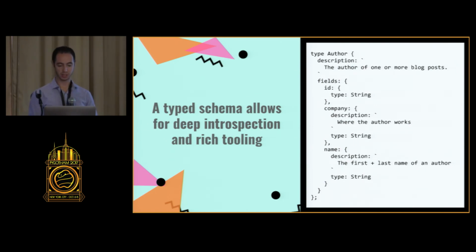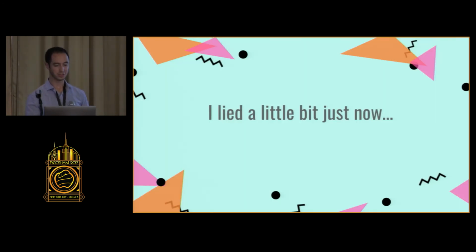So I touched on this a little bit on the last slide, but the last thing on our list was tooling. Something that earlier protocols got right was allowing the server to publish a schema that defines the data. And by using strongly typed schemas, tools can do static analysis or integrate with IDEs or do query validation or all sorts of things that you don't want to run into at runtime. And so now I get to tell you that I lied a little bit.